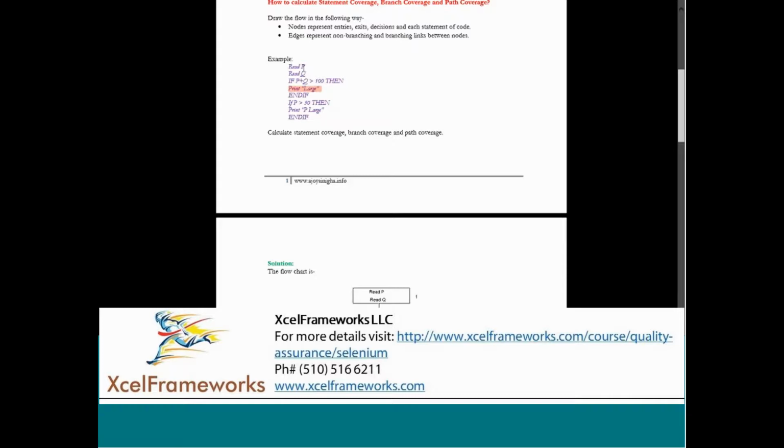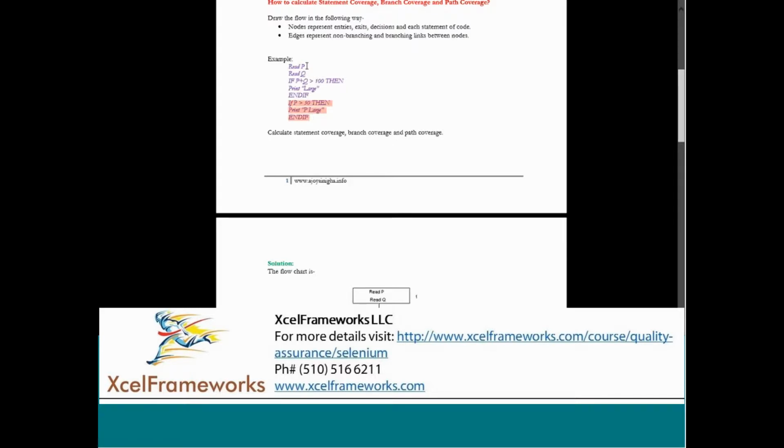So we'll try p equal to 100 and q equal to 50. Now 150 is greater than 100, so it prints large. Then that if condition is done. But we have another condition which says if p is greater than 50.